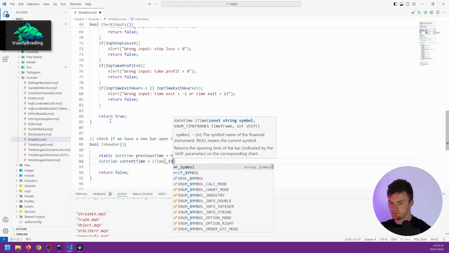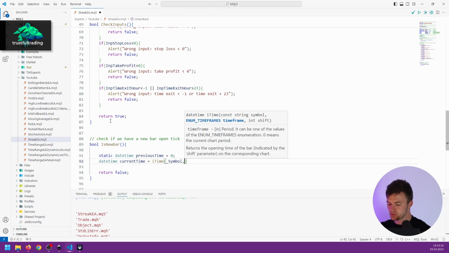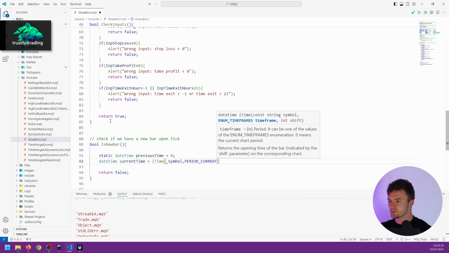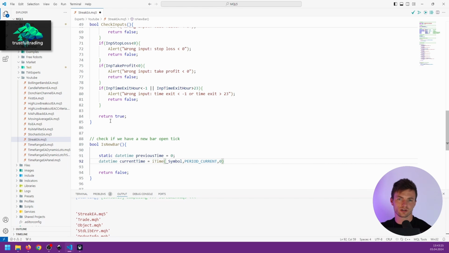So the current symbol here, the current period of the symbol time frame, and here for the shift 0, so the current bar, because the latest bar is always 0, the previous bar is 1, and so on. Okay, so now we have the two variables, and now we can do a simple if statement here and check if the previous time